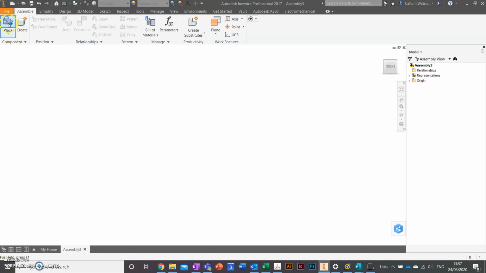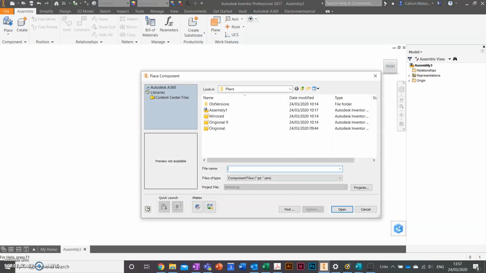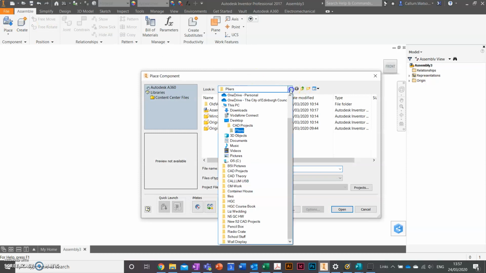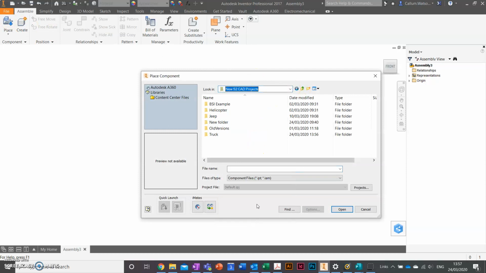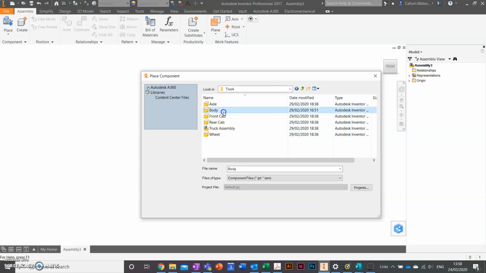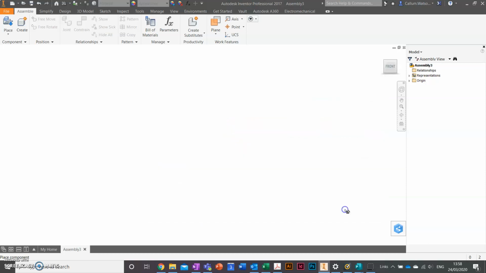All right. So we're going to go for place up in the top corner there, and I need to find where I've saved it. I've saved mine in new S2 CAD projects, and I've got my one that says truck there. So I'll open that, and within that I've got all of my components. That's what yours should look like as well. So I'll put the body in. So I'll open that,